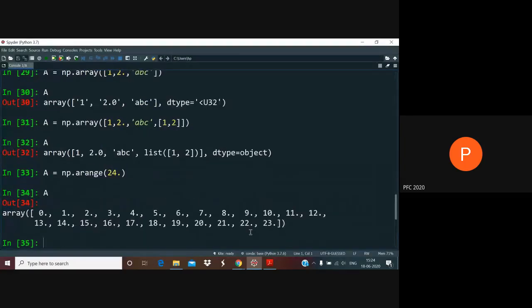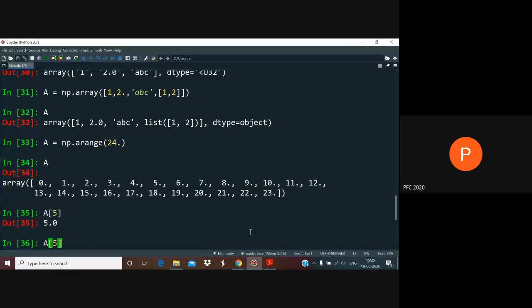So A now is an array with floating point elements. Suppose I want to change this 5th element, which in colloquial English would have been the 6th element, counting starting from 0 as always. A[5], of course, is 5.0. Let's say I want to change it to 15, the integer.